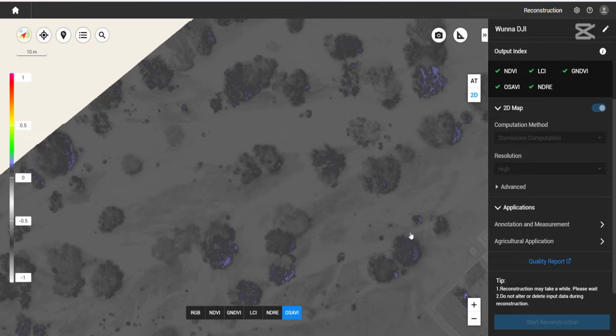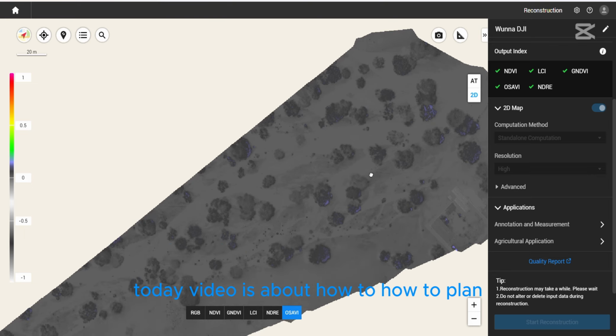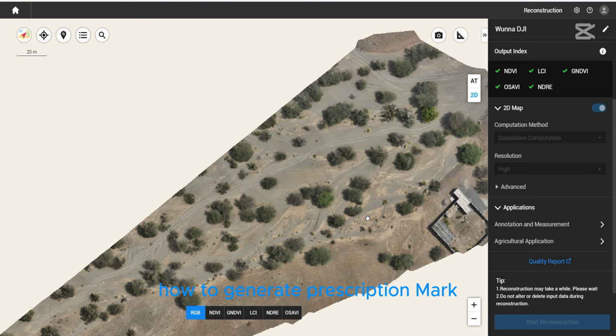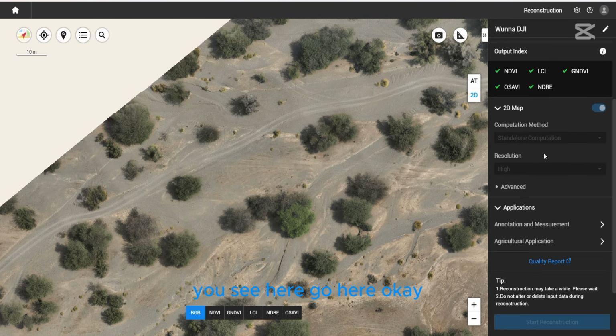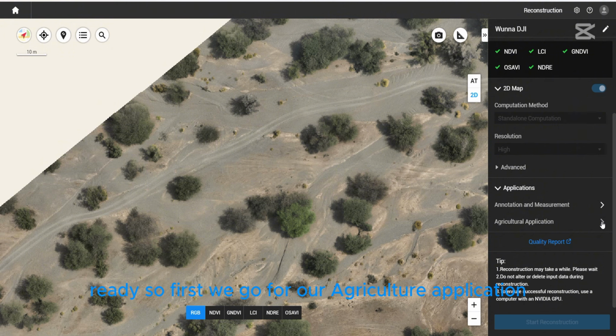Okay, this is how we process. Today's video is about how to plan, how to generate a prescription map. You see here, go here. Okay, ready. So first we go for the agriculture application,